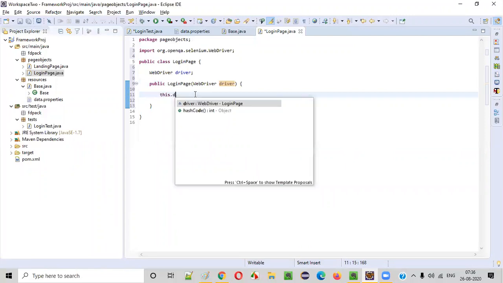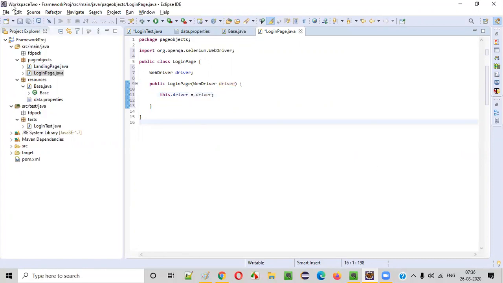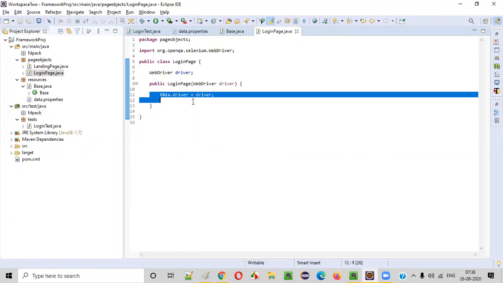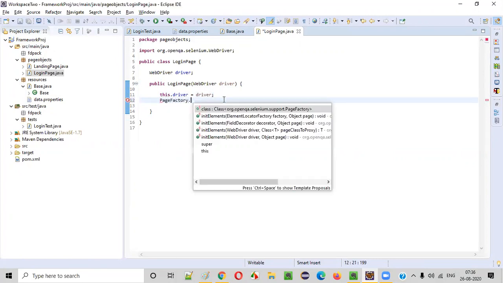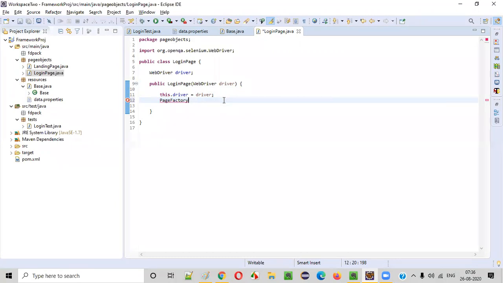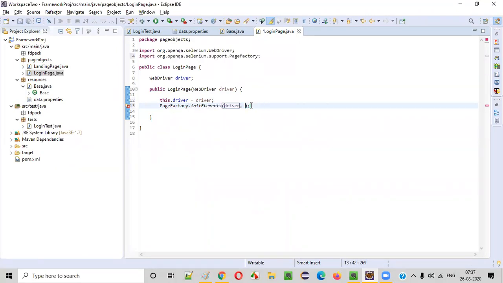Now say this.driver is equal to driver. Save it. Now what else do we have to do? Here we have to say PageFactory.initElements(driver, this).